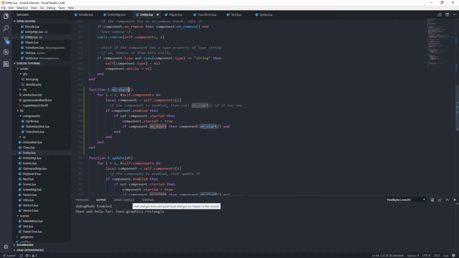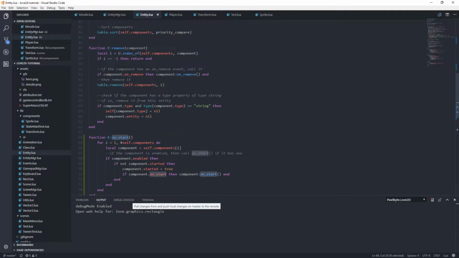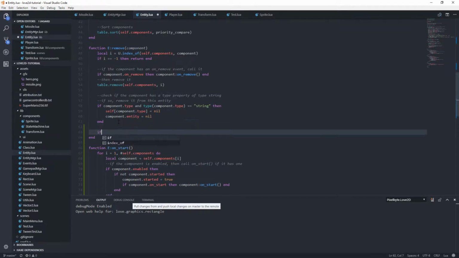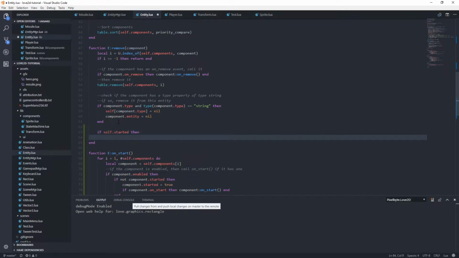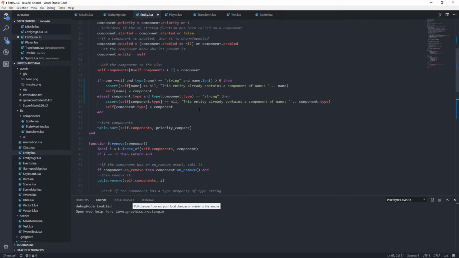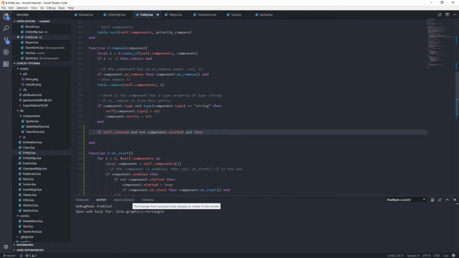But let's go ahead and keep this on start so that when the entity's on start method is called, we get this. And then what we can say here, if self.started, then we want to, let's say, and not component.started and component.enabled, then if